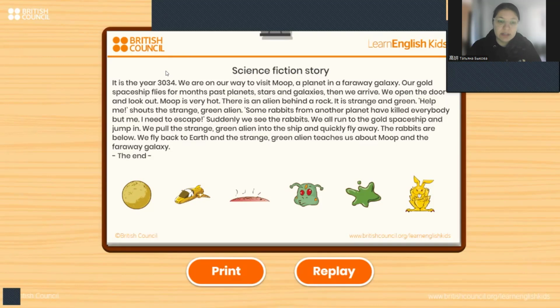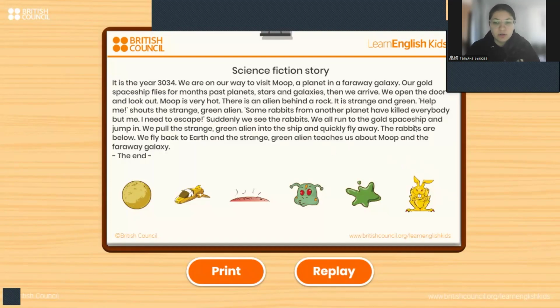The story begins in a year, then it starts to describe our spaceship and the planet where we are going, and in the middle, you can see that there is an alien behind a rock. It is strange and green. "Help me," shouts the strange green alien. "Some rabbits from another planet have killed everybody but me. I need to escape." So in the middle of the story, we see what is going on on this planet, and suddenly we see the rabbits, the ones that killed everyone.